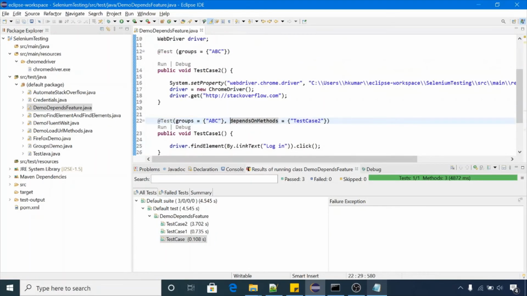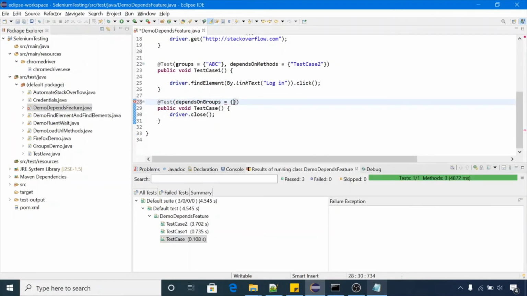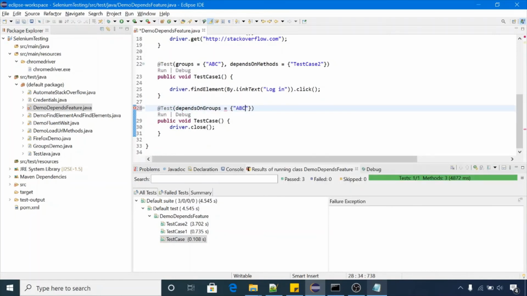So now group ABC has two test cases, test case 2 and test case 1. Now instead of mentioning test case 1 and test case 2, we can use depends on groups. Here I will pass the name of the group, which is ABC.